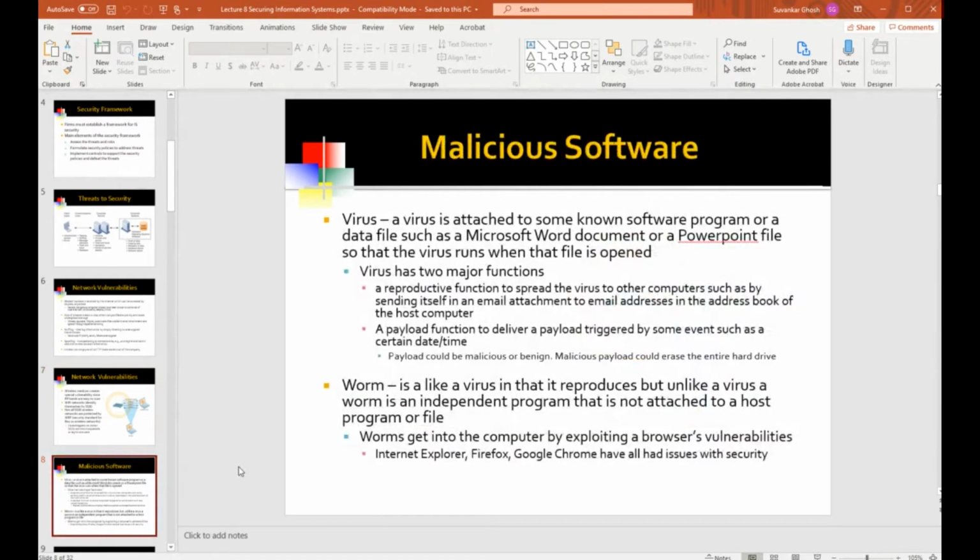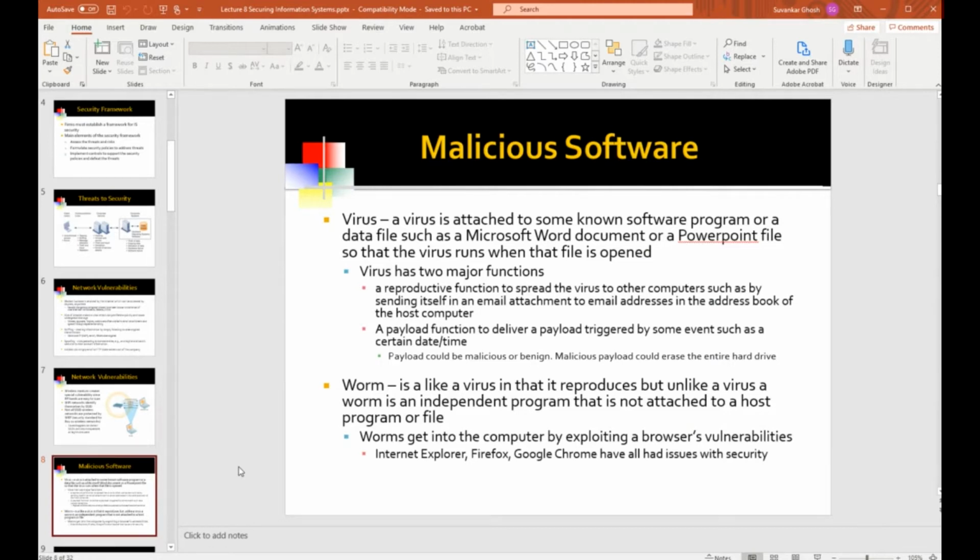So I dropped a few terms, viruses, worms, and Trojans and whatnot. So let's understand the distinctions between them, and let's also understand how they get into the IT infrastructure. Viruses and worms have what's known as a two-part structure. In other words, they have a malicious payload and they have a reproductive part.